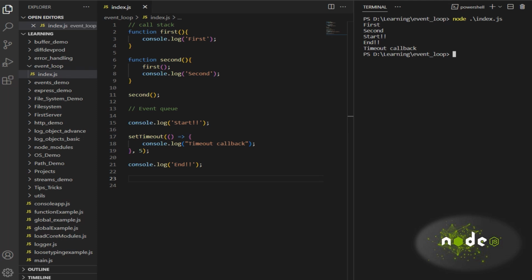So next one is event loop, right? So basically, event loop is responsible for